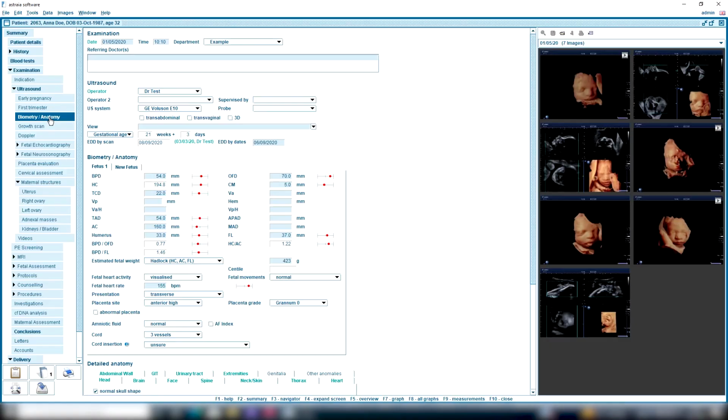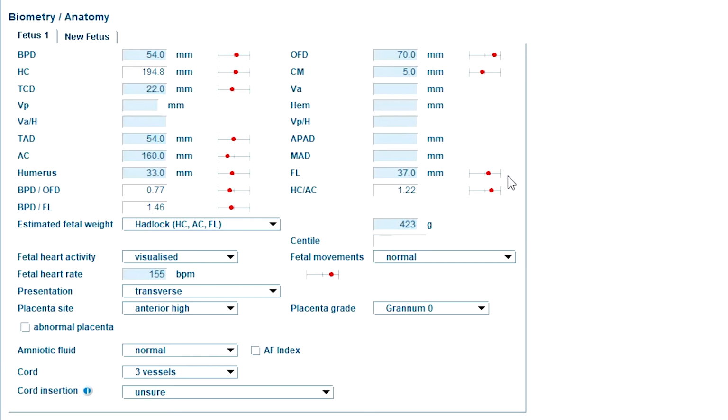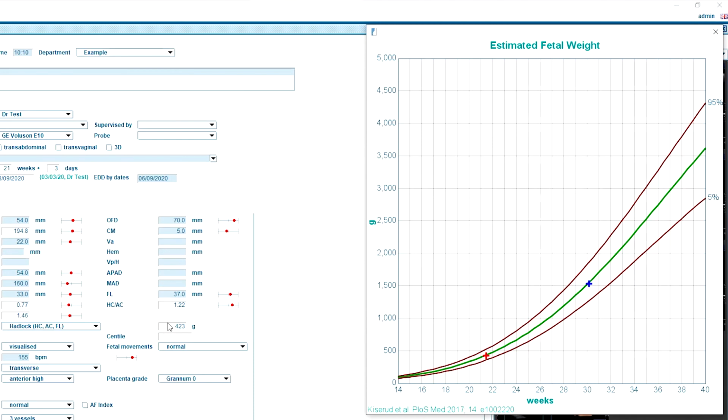And last but not least, I would like to talk about the growth bars and charts using the anomaly and growth scan screens. The growth bars are located next to the measurement fields and show the statistical deviation of the measurements from the normal population. However, a clearer picture is obtained by the representation as a chart. You can easily have a look at the chart for a given measurement field by using the F7 shortcut. Importantly, measurements at other time points are indicated as well, which allows you to accurately monitor the fetal growth.